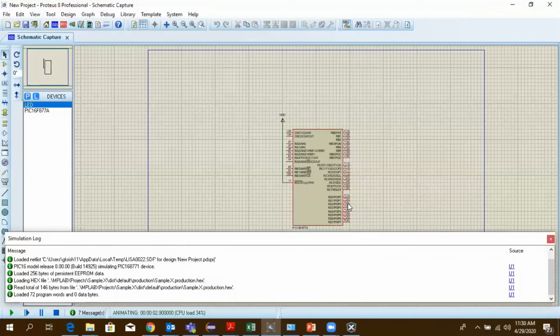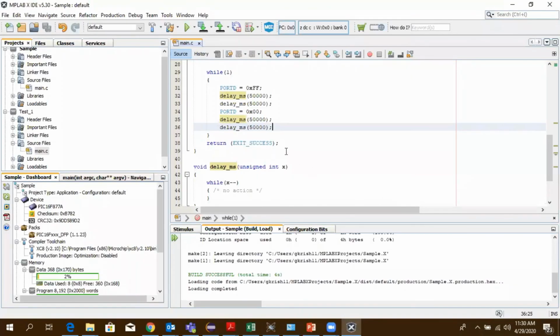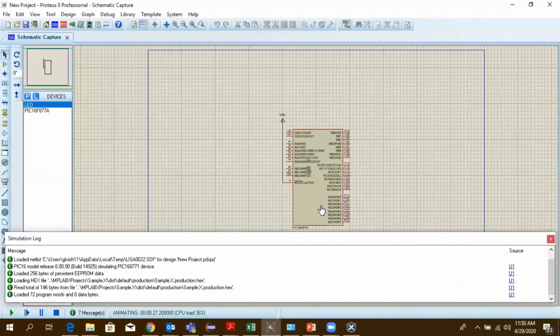You could see the delay is a little bit more here. You could see port D, RD0 to RD7, toggling between zeros and ones. What we have run is: port D, we set it to 1 and then later to 0. This repeats forever. Thank you.